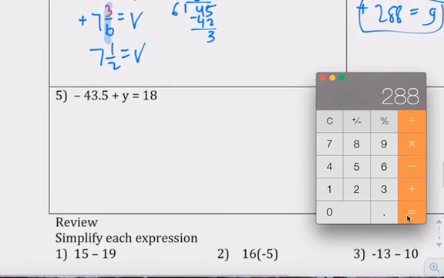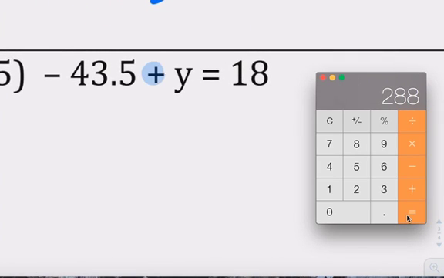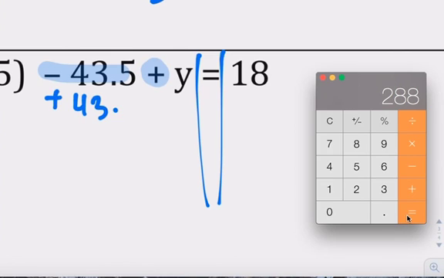Okay, this is an addition problem. So we make 0. Make this number equal to 0. So we add 43.5. Add 43.5. Y equals